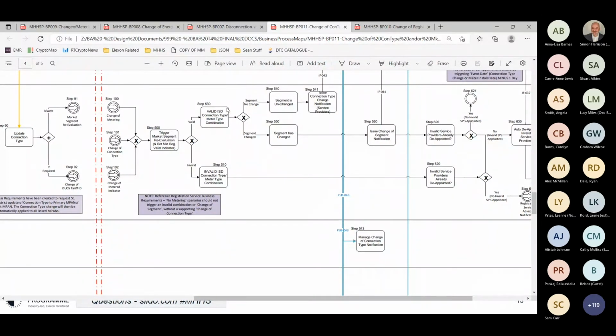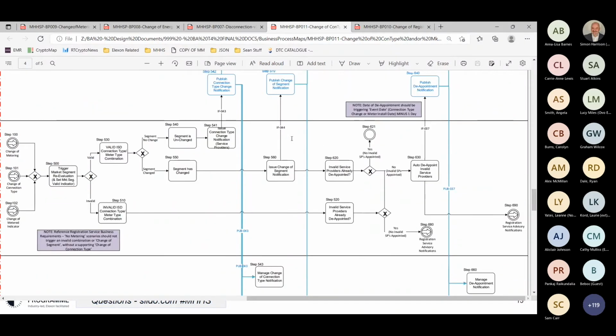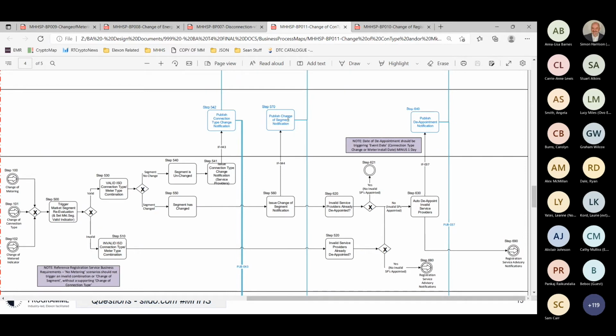So I've got a valid arrangement in terms of that combination, and the registration service is able to identify that, yes, I used to be smart and now I'm advanced, therefore it would go down the route of saying that the segment had changed, and at this point it would then issue the change in segment notification,